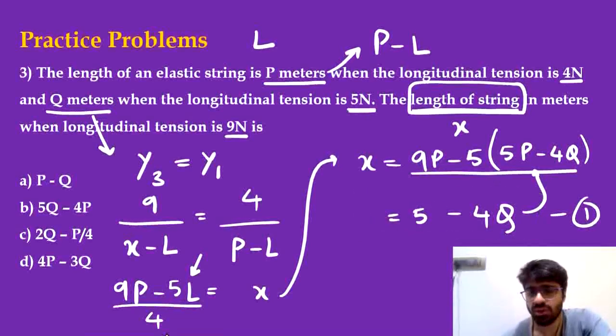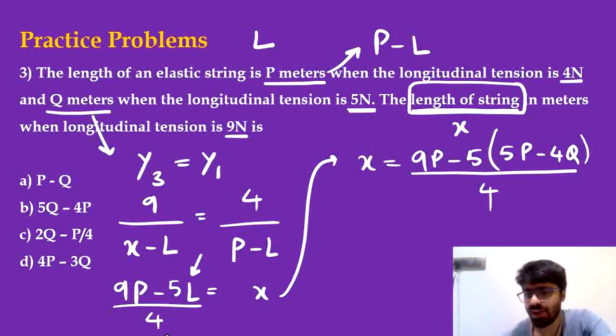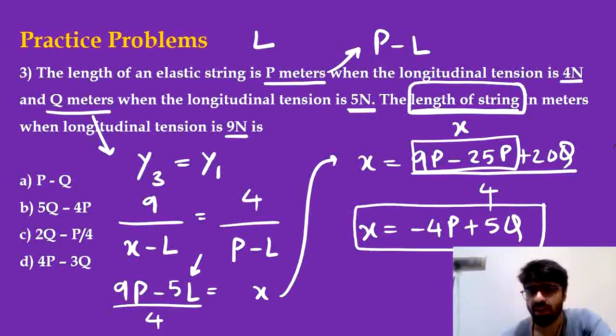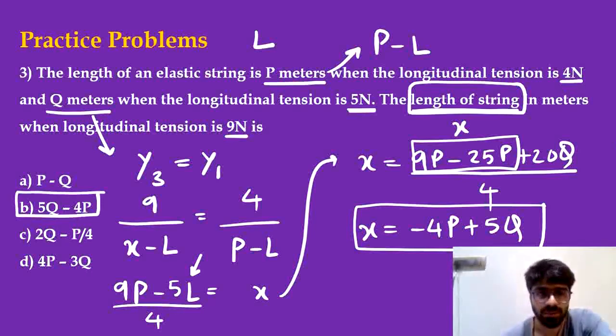Okay, so let's rub out even this part now. We are dividing the entire thing here by 4. Let's simplify it in the numerator only. 5 into 5P would be a 25P, and minus 5 into minus 4Q would give you a plus 20Q. So minus 25P plus 20Q is what we just got. So the value of x would be minus 16P, split that and you will have minus 4P, plus 20 by 4 would be plus 5Q. So minus 4P and plus 5Q, that's given in option B. So B out there is going to be the right answer.